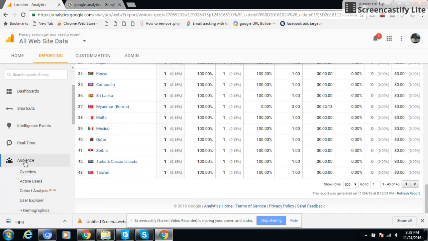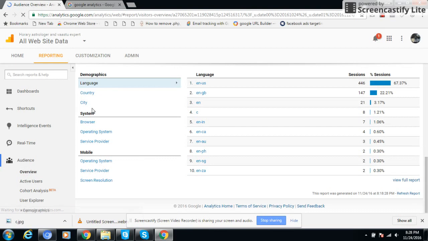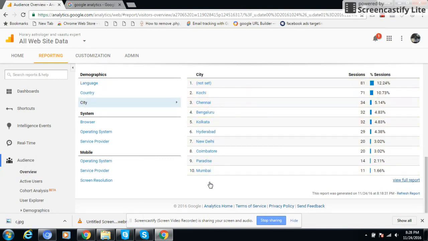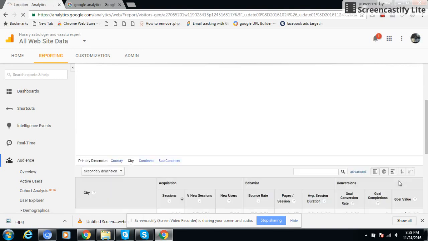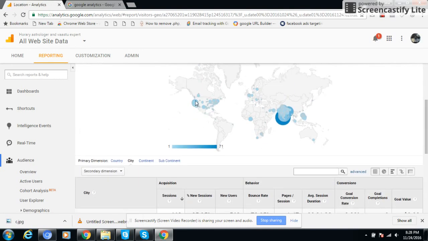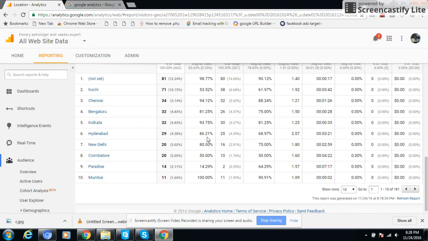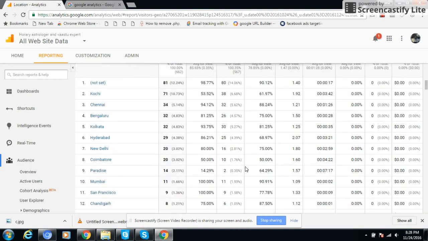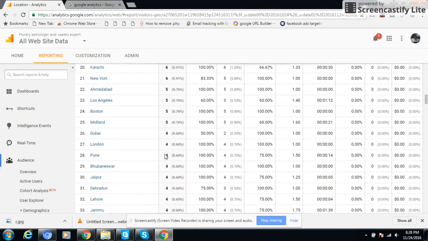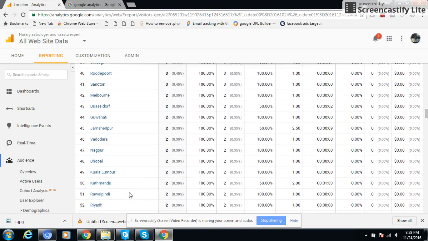Okay, this data is very important so that I can optimize the page, website for the same. I need to know, audience overview. And the city, from which country the traffic is coming from. This is the city. Right now it is only showing 10 pages. If you need the full report, click full report. Yeah, just move the cursor there. From which city the traffic is coming from. This data is very important, so that I can optimize my page, add a new image, new video, or add content relevant to that particular country or city. See the visitors from that particular city, visitors by city. This is the city name.